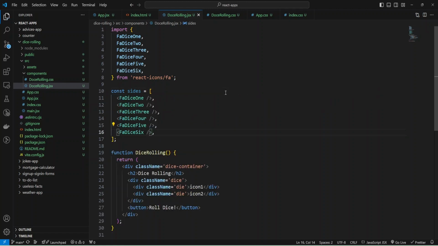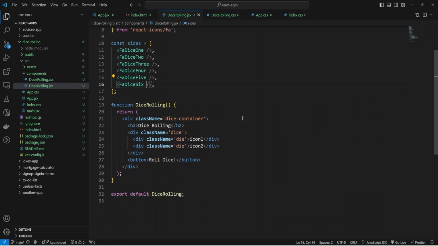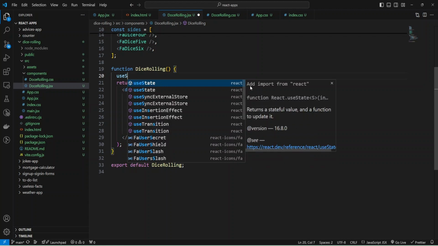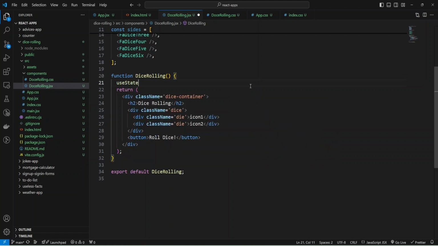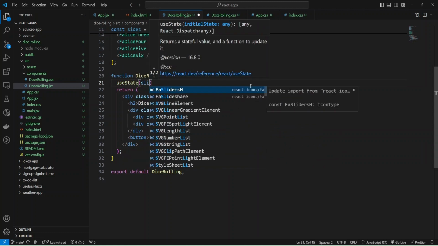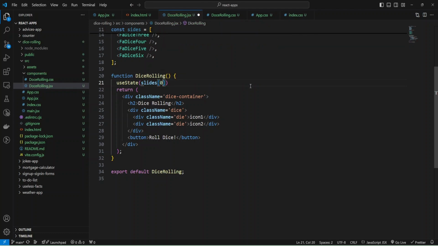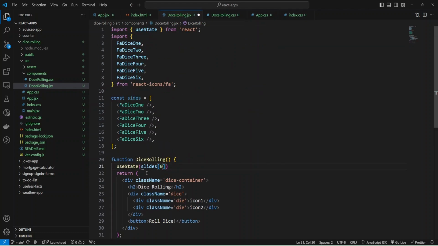Okay, we have our icons, and now we need some state to keep the icons of the first die and the second. For that, I'm going to use the hook useState and provide an initial value. It will be our slides array and the first item, const size.